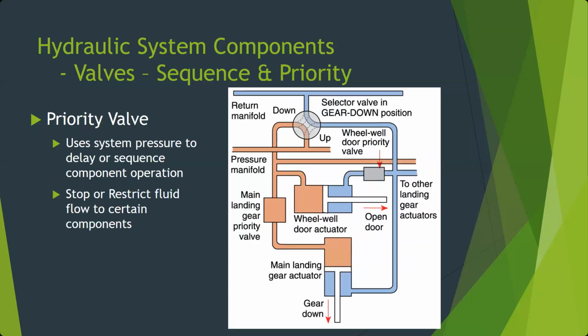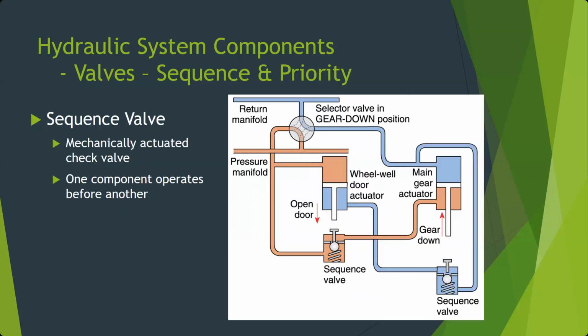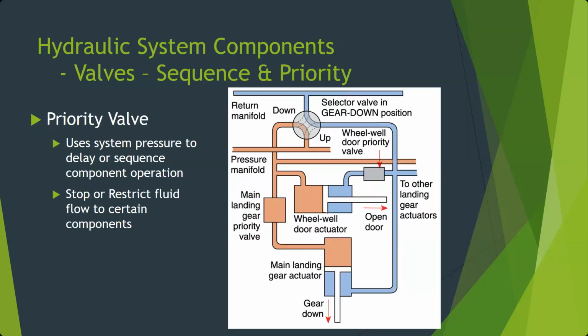Priority valves do a similar job, but so sequence valves are mechanical. The gear, in this case, the actuator pushes this little button. Priority valves use system pressure to delay or sequence the components. So what we have going on here, and they don't really show the innards of it, but usually it's some kind of spring-loaded check valve where once pressure gets to a certain level, it can override the